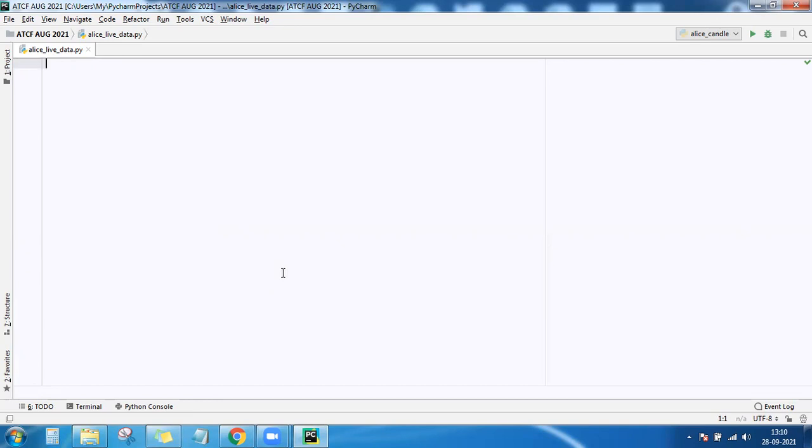So the access token is now generated. By using the access token, you have to connect to Alice Blue now. Earlier, what you did is you just logged into the Alice Blue backend using the username and password. Then it sent you one access token. Now you have to connect to Alice Blue for requesting the data or for placing the orders. So you should create one Alice Blue object for the same and then start getting the data.